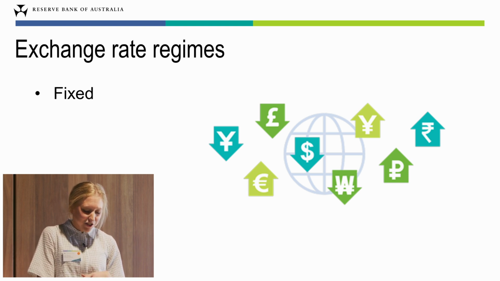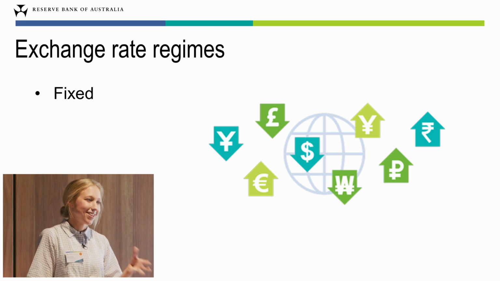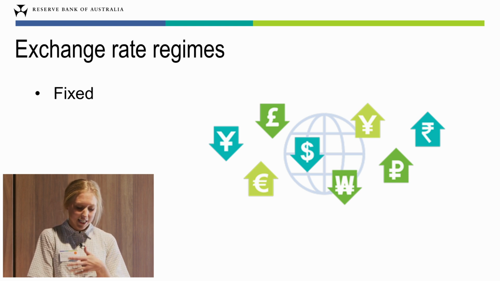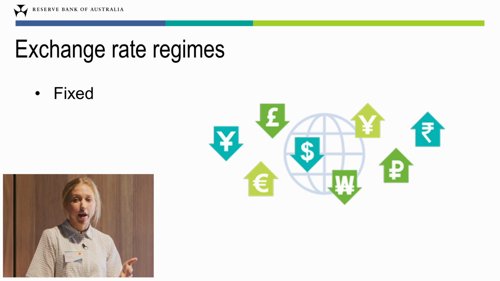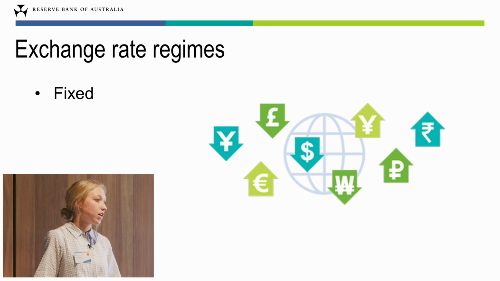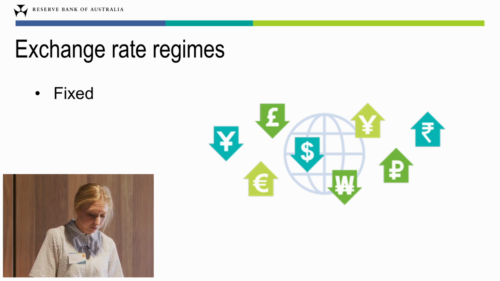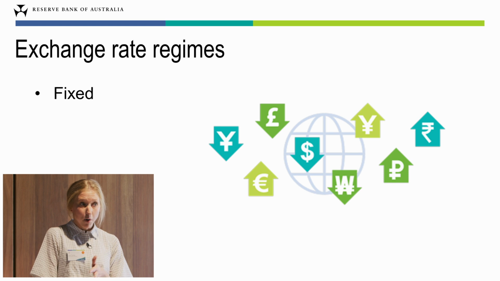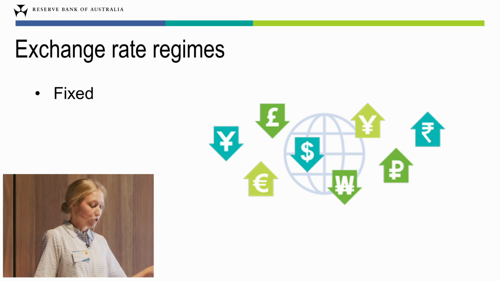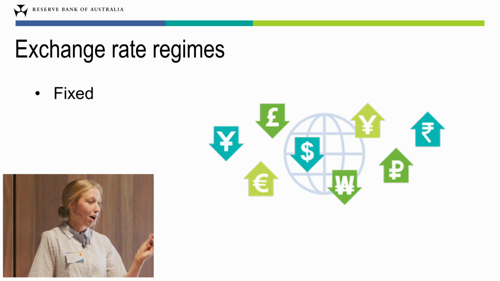However, it's almost impossible that this peg can be maintained naturally. To keep the exchange rate close to its target, the monetary authority needs to intervene in the FX market by buying and selling currency. And in order to do that, they need to hold substantial foreign currency reserves. They also need to set their policy rate at a very similar level to the economy that they tie their currency to. And this is so that capital flows stemming from overseas don't push the currency away from the target level.